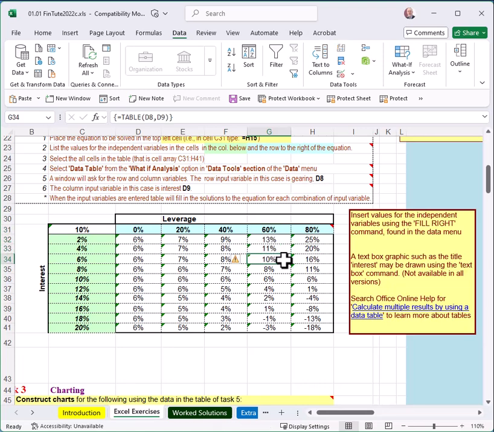Now this table function is extraordinarily valuable because what it means is my model can now be checked and analysed for different combinations of possible interest rates, which is one of the things I can't control in the environment. The Reserve Bank will change the interest rates on me, or my local financier will, so I'm a victim of that,